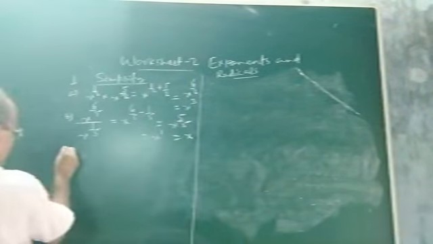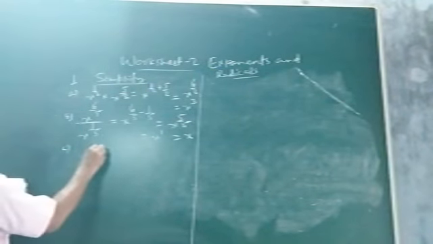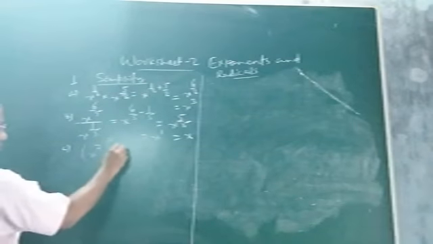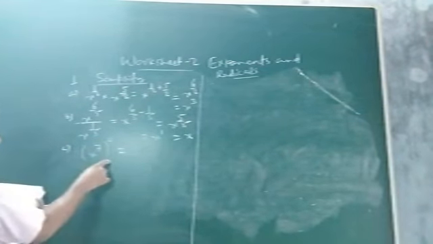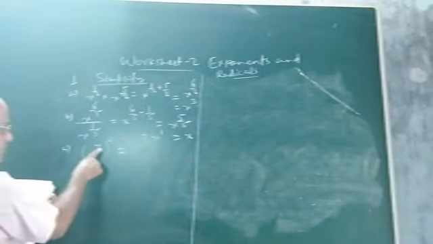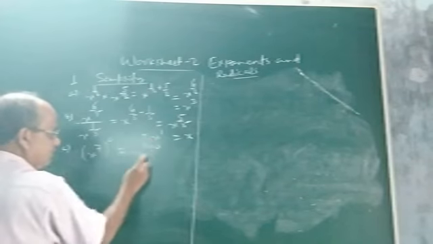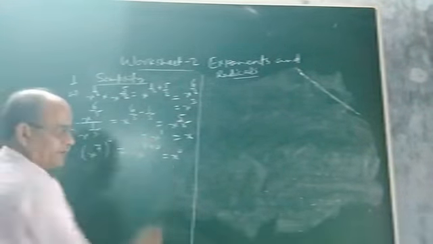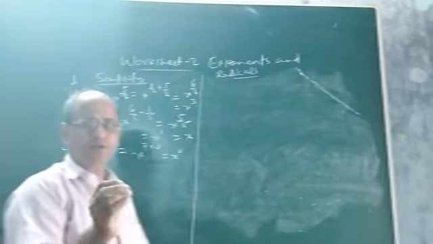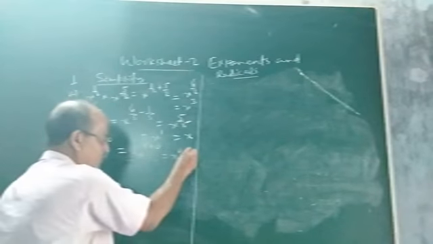Okay. Now let us discuss the third one. x to the power 7 whole to the power 0. You see what will be the answer. To omit this bracket, this 7 will be multiplied by 0. 7 into 0 is 0. So it is x to the power 0. So you know any non-zero rational number to the power 0 is equal to 1. So this will be 1.